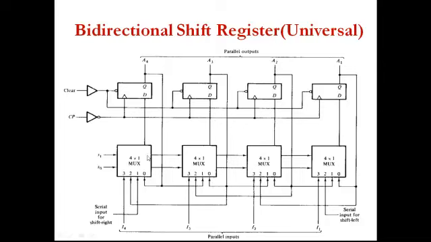What do I mean by right shifting? From this flip flop it has to go to this flip flop. From A4 it will go to A3, from A3 it will go to A2, and from A2 it will go to A1. So we need to give the input to the leftmost flip flop only. Whenever I say 0 1, then the first input will be active. Of every multiplexer, the first input will be active.